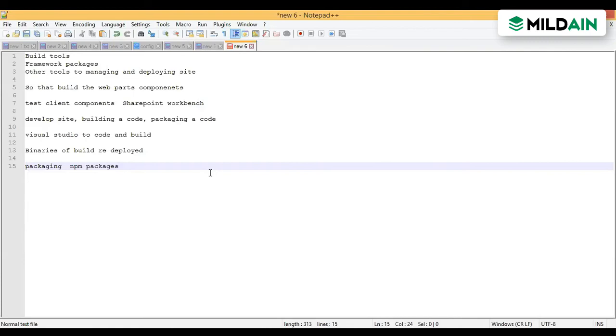The other thing is, what you have developed, you can just package at least. We can say that we have certain web parts available there, common web parts. We can modify them according to our need.